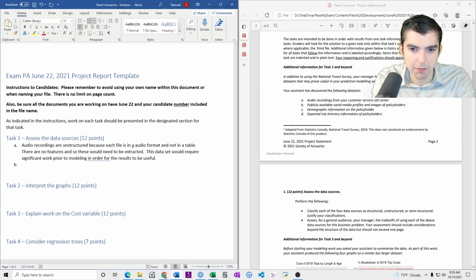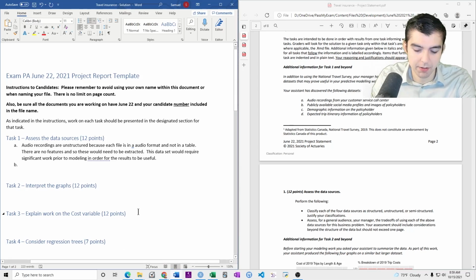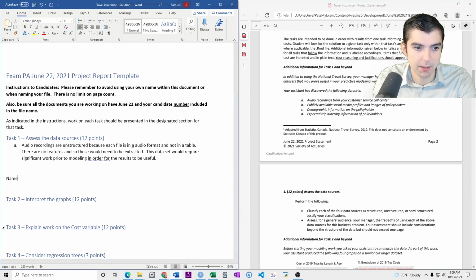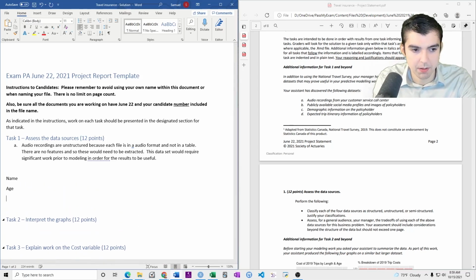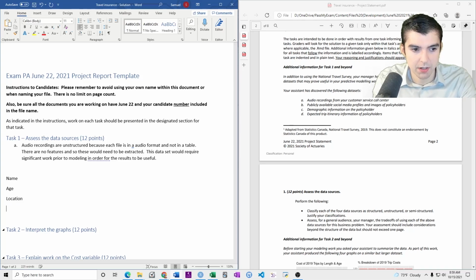Okay, and then publicly available social media profiles and images. So if you think about what a social media profile is, you'd have name, age, location, and then photos of people doing things on vacation, traveling, at restaurants, whatever.